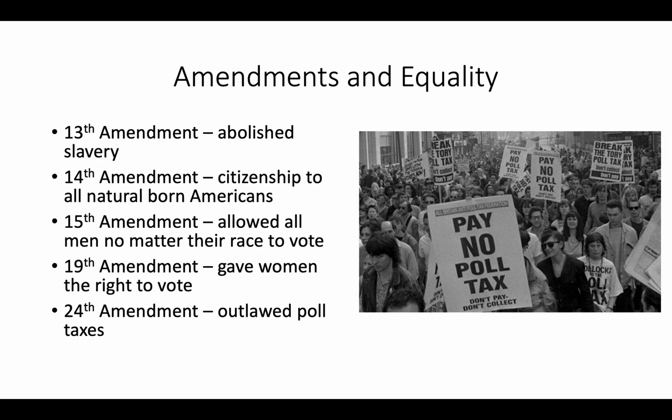Now, you'll know that if we step back into the Jim Crow law era, which happened after Reconstruction after the Civil War up until 1965, all during that time there were Jim Crow laws. Jim Crow laws basically are the legalization of segregation. It made segregation legal. And we're going to jump to the next slide and talk a little bit about that.